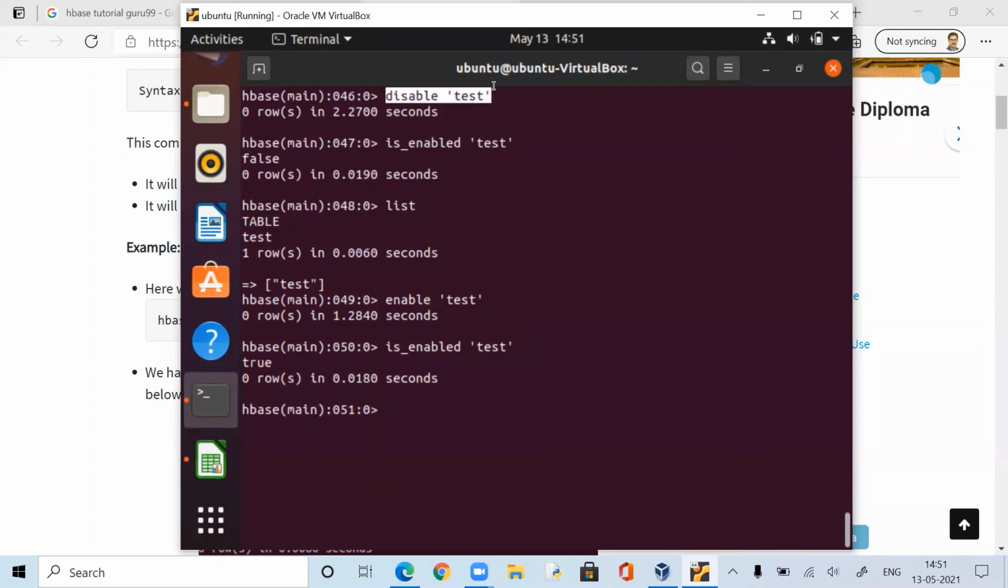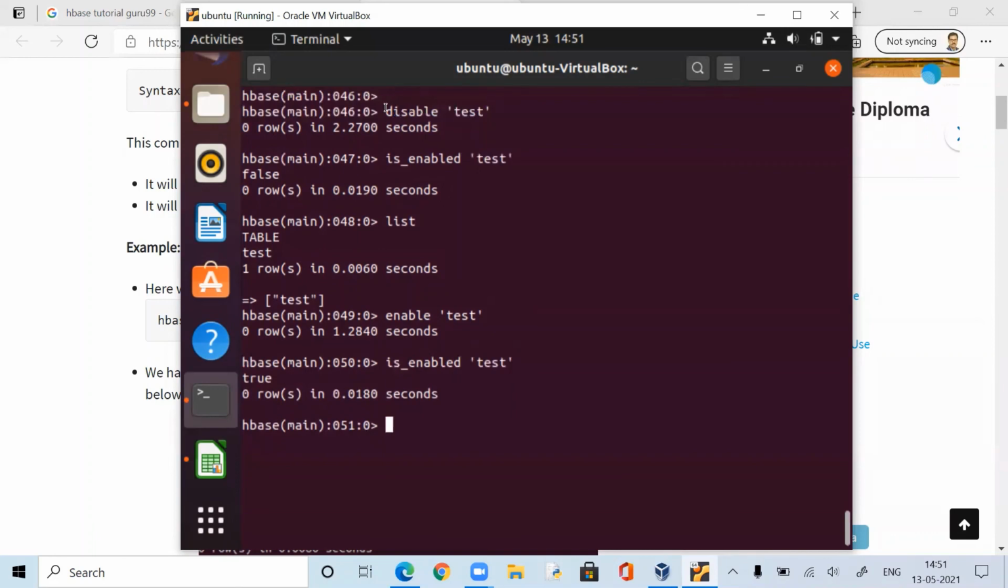Now suppose I say disable, I can write my application in such a way that this will flush the table to the